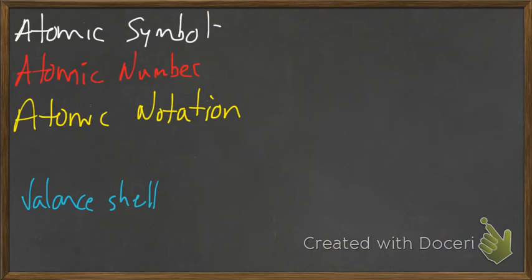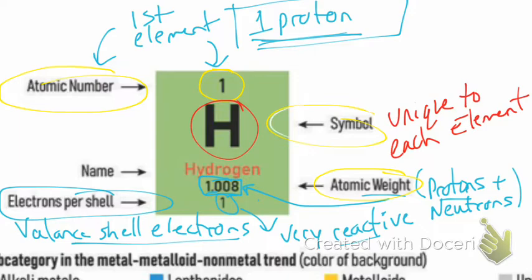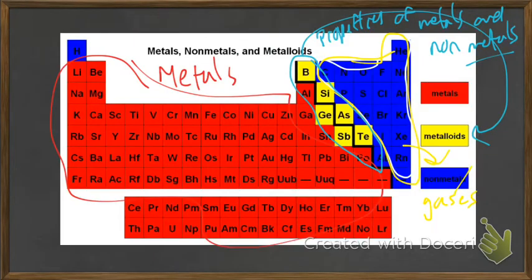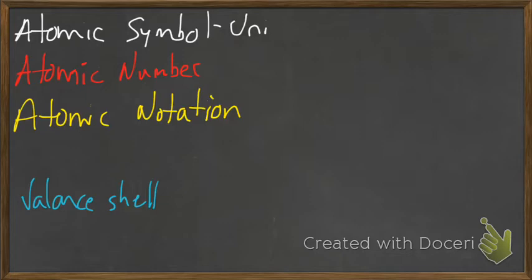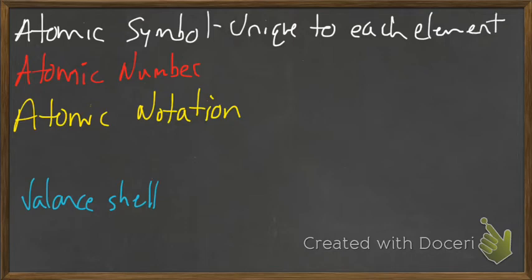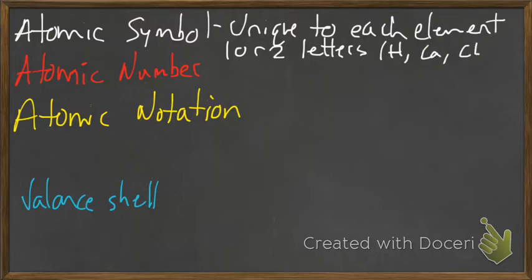More terms to define. Atomic symbol, we've kind of talked about already right here. Unique to each element. And this is going to be 1 or 2 letters. So for example, hydrogen, what's a good? Calcium is Ca, chlorine is Cl, silicon is Si, things like that. Atomic number